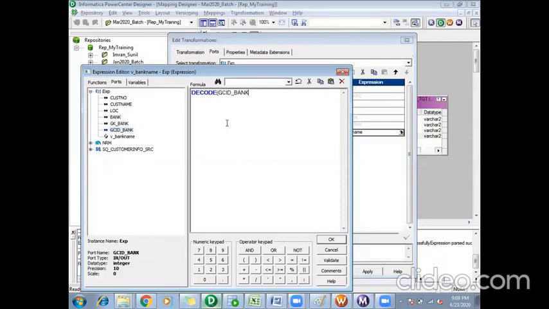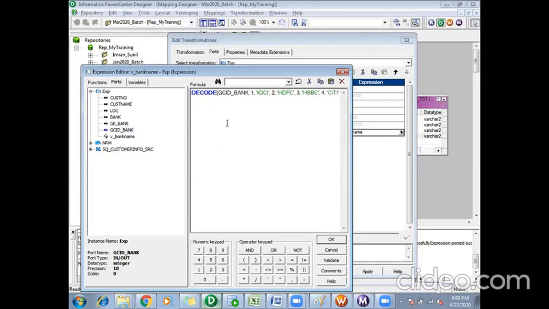I'm saying decode: if GCID value is 1, then assign value ICICI. If GCID value is 2, assign value to this variable port as HDFC. If GCID value is 3, assign value HSBC. And if GCID is 4, assign value Citi.